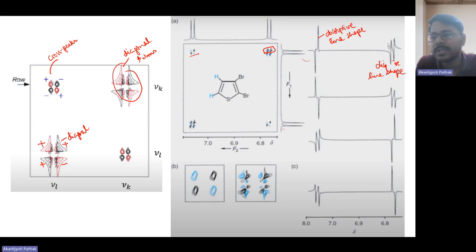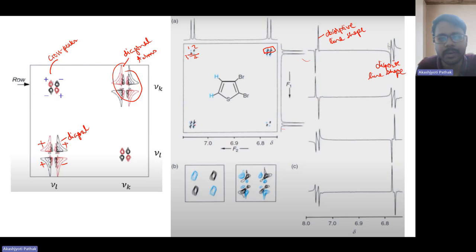This is the dispersive line shape. Similarly, for this part, you have 4 peaks: 1, 2, 3, 4. This is the third peak. For this third peak, the signs are positive, negative, positive, negative, and then there is this dispersive line